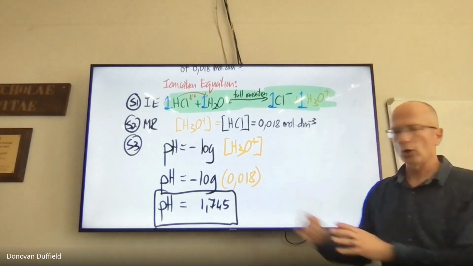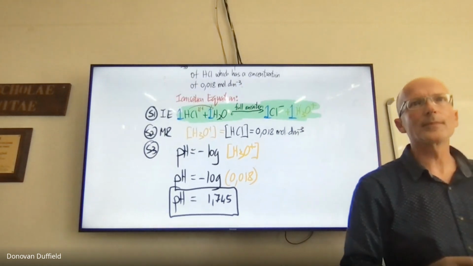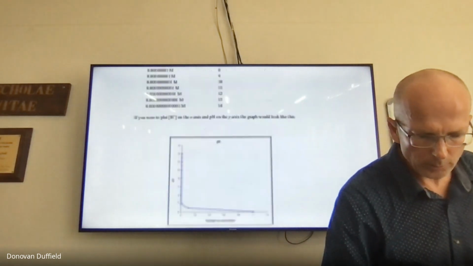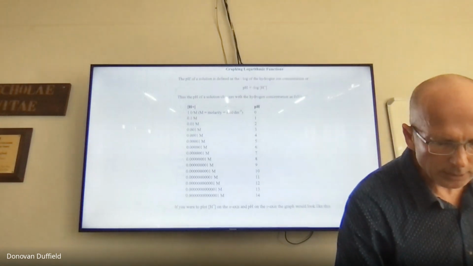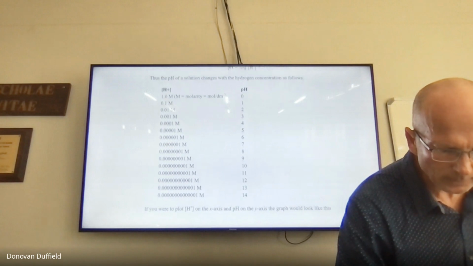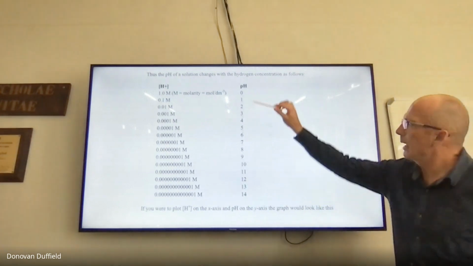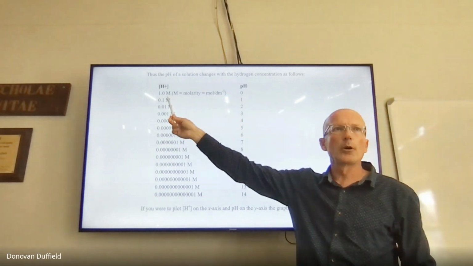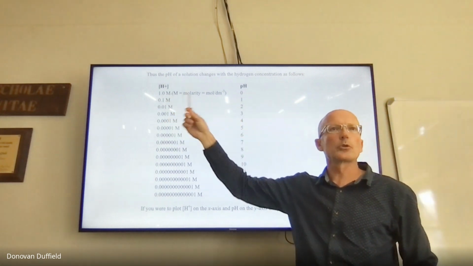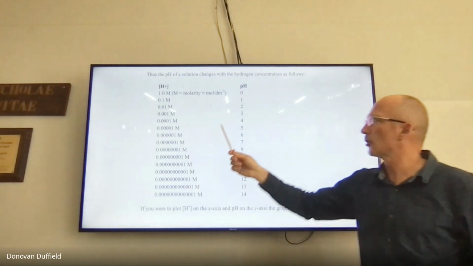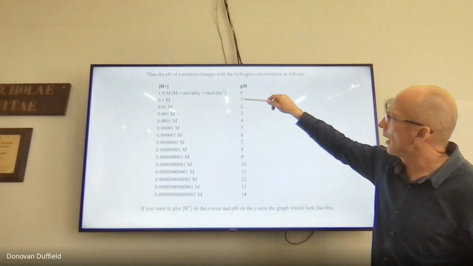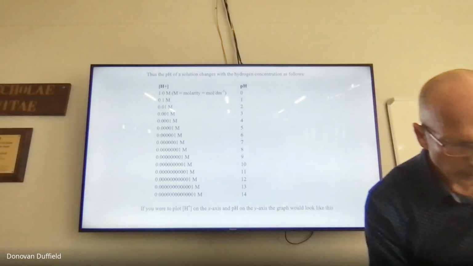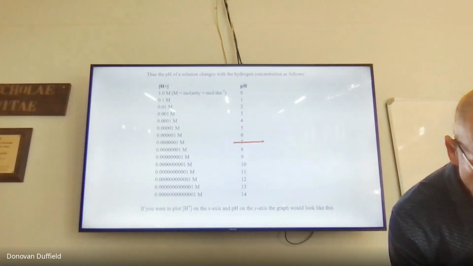What does this 1,745 mean? Can I show you what it means? If you go to the notes, your pH of 0 has a molarity of 1, in other words, 1 mole per cubic decimeter. If you go down 1, 2, 3, 4, 5, 6, 7, 8, when we get to 7,